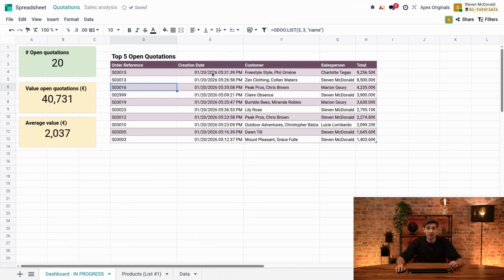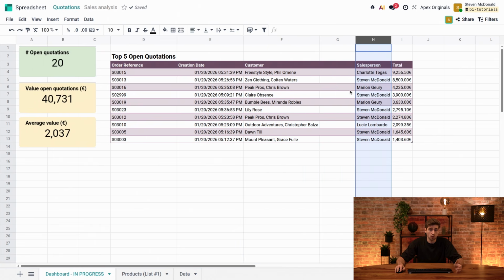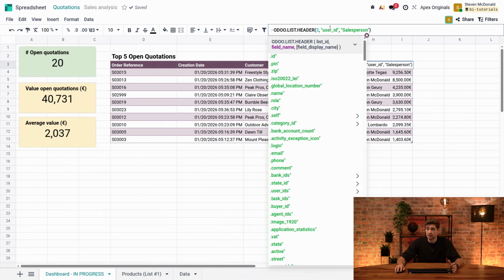So again, let's add a new column, this time to the left of the salesperson. And like before, we'll copy and paste the salesperson header cell so we can modify the field and the field label. As I just said, we can create the path to the country field starting from the customer field. So let's delete this user ID field